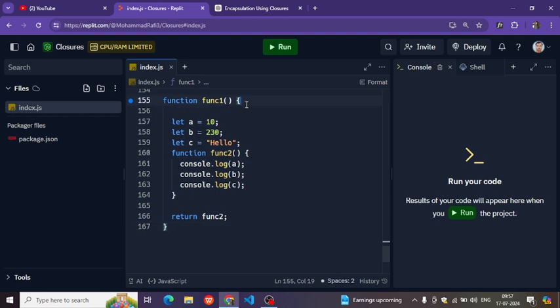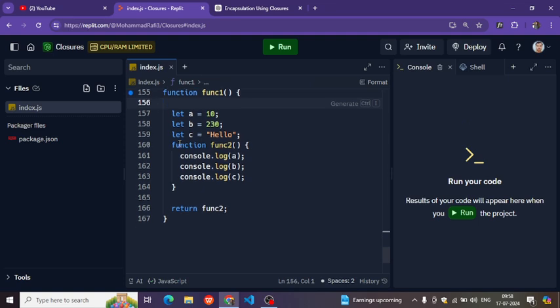A closure is nothing but a function which has some variables and an inner function which is bound to these variables, right? The inner function accesses these variables, that means it is bound to them. So when this outer function finishes executing, we still have access to these variables because the inner function is using them. Later on, if we want to call this function func2, we will be able to get these values